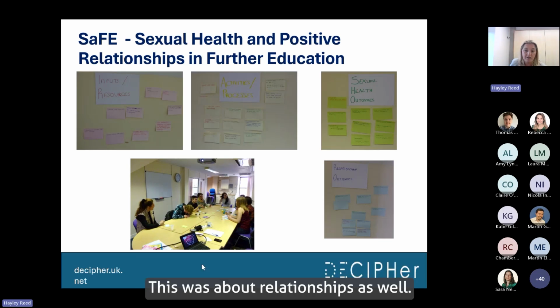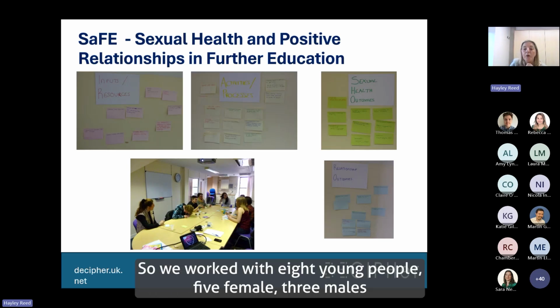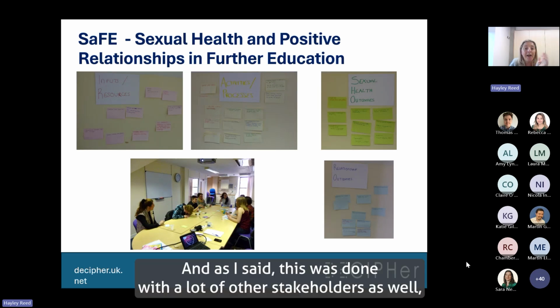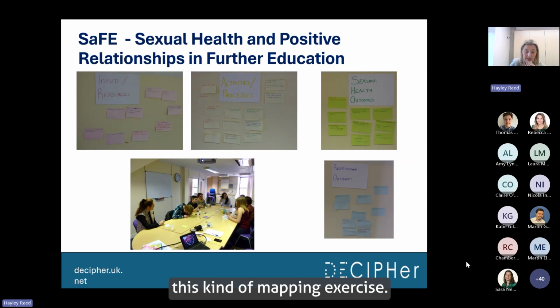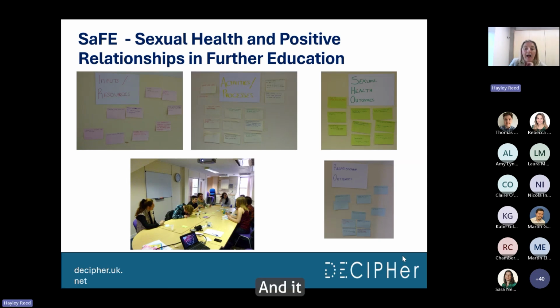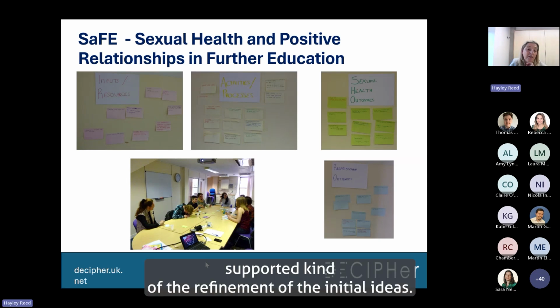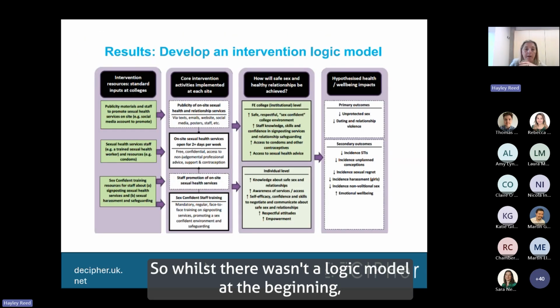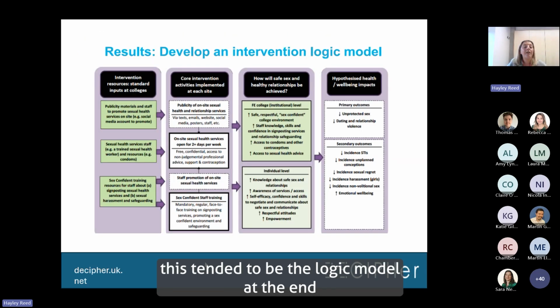This was about relationships as well. So we worked with 8 young people, 5 females, 3 males, doing this in terms of the intervention. And as I said, this was done with a lot of other stakeholders as well, this kind of mapping exercise. And it supported the refinement of the initial ideas. So whilst there wasn't a logic model at the beginning, this ended up being the logic model at the end